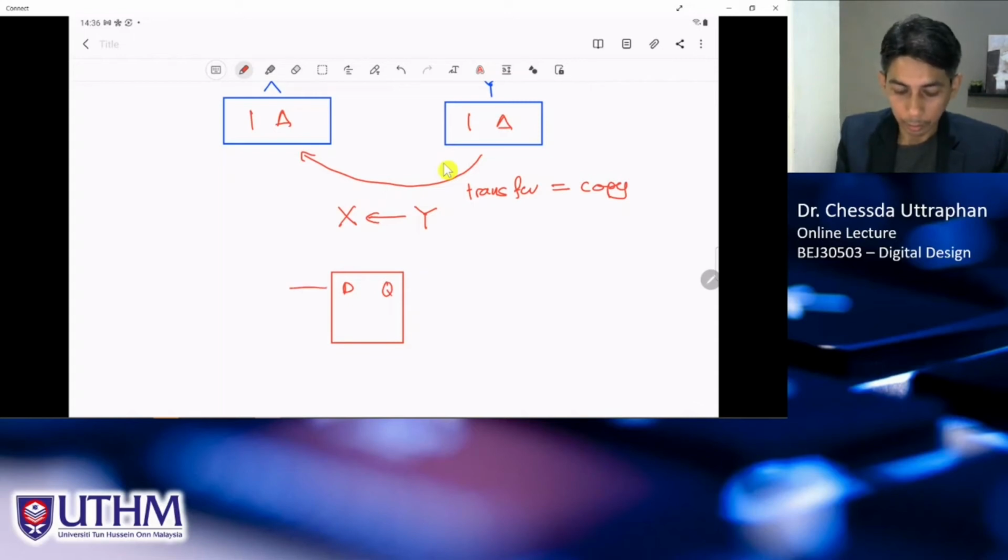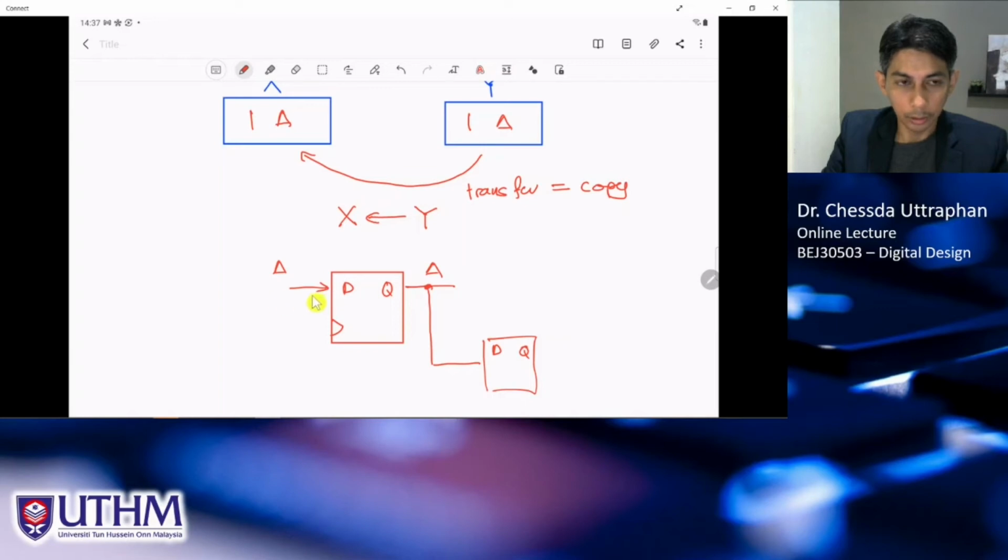When you have the data in, for example, A, the output here will be A, depending on the clock. When you get the data from here and send it to another register, A here will remain A unless you reset this register,